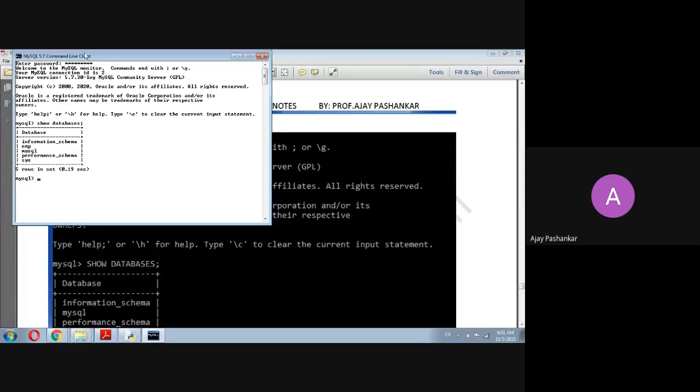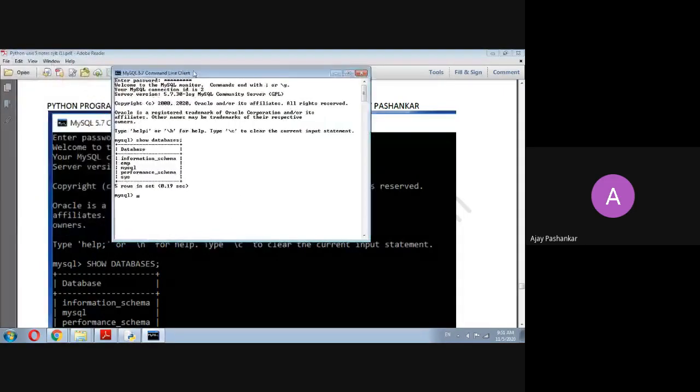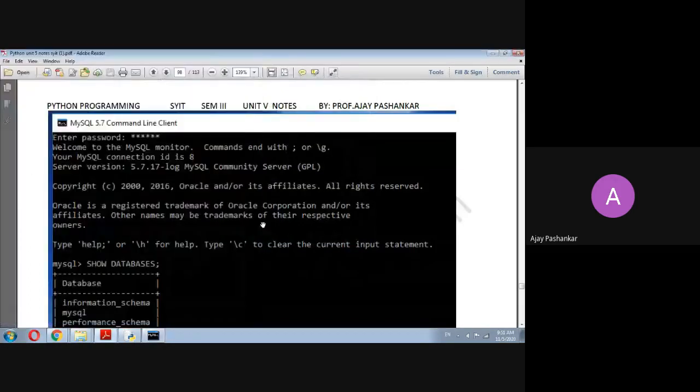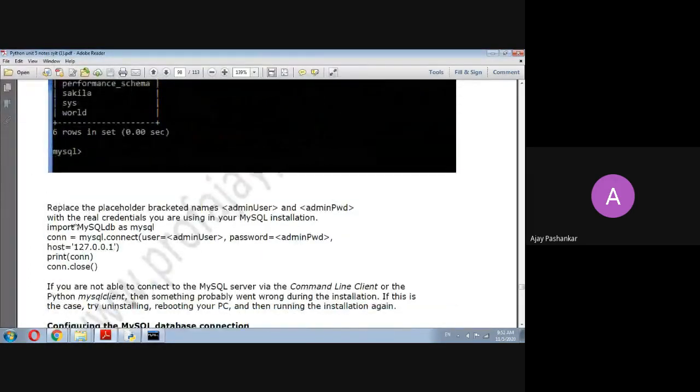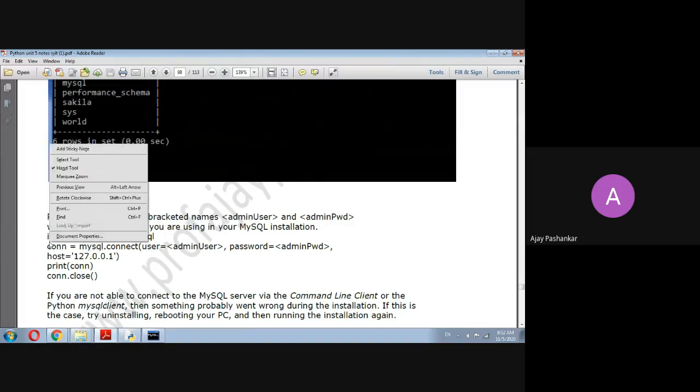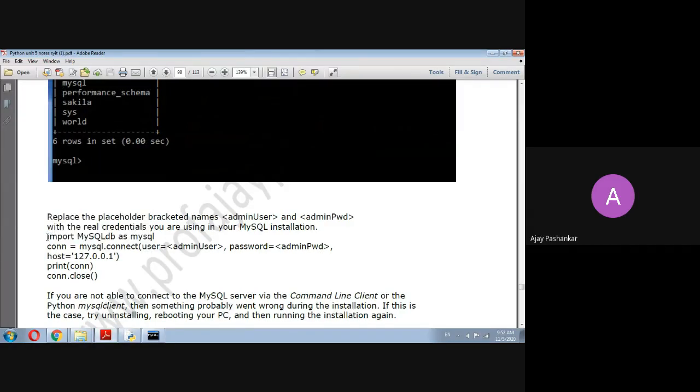Hello. So this is the show databases command, a simple command. You can just replace the placeholder bracket names with admin user and admin password. So this is a part of your connection basically you are using. You can just use this within your coding snippet, and just highlighting this much part.